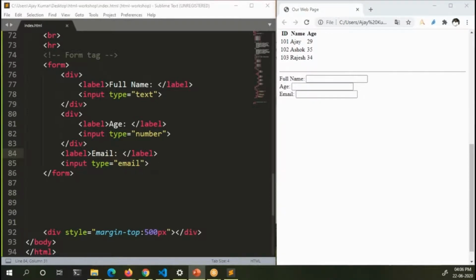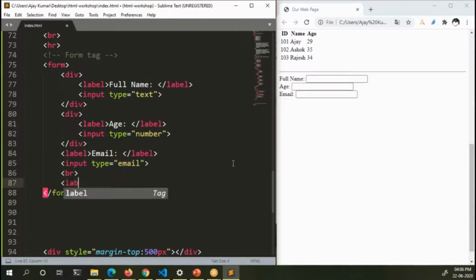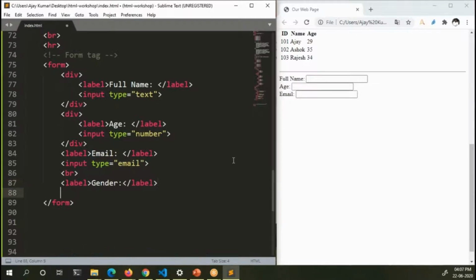Next, for example, if you want to take the gender, let us enter a label. Generally, the gender input will be taken using radio boxes. Now let me show you how to use radio boxes. If you want to create a radio box, the type of the input element that you need to create is radio.